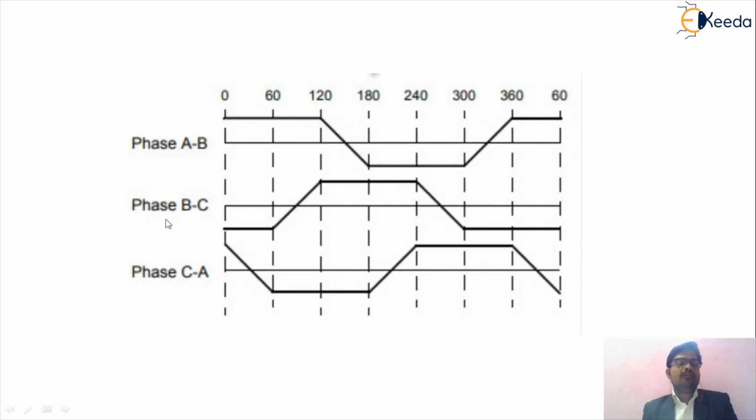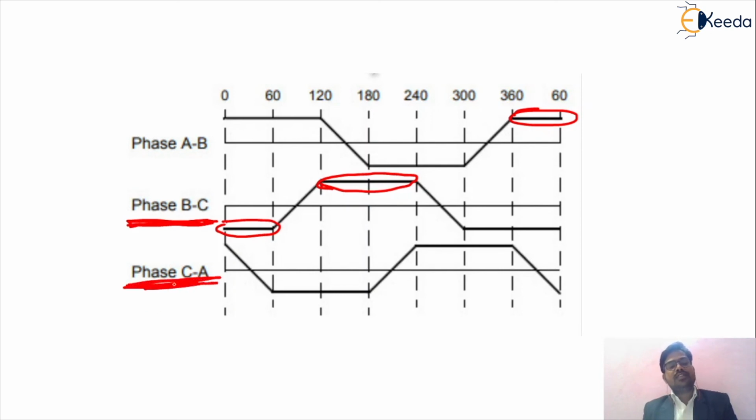Similarly, while we are exciting phase BC, we are getting the output. This is 60, this is 60, so this is 120, and then we are crossing over the switch. Again we get the output voltage in trapezoidal form while we change the phase sequence to phase BC. Now we change the phase sequence to phase CA. At that time again we get the output voltage in trapezoidal form. So this is the EMF or the output waveforms of that particular circuit.